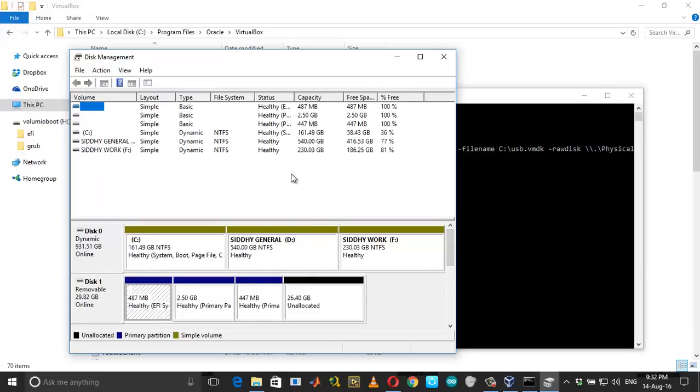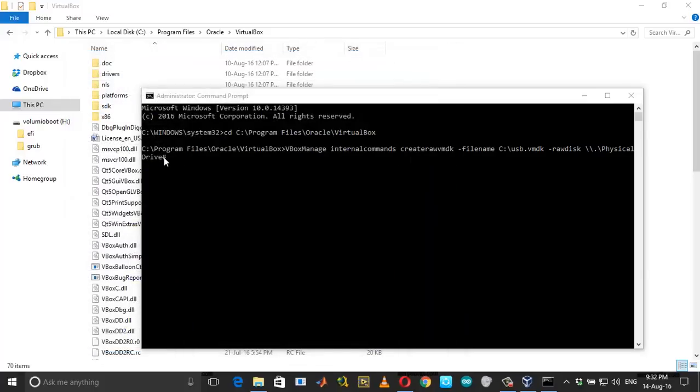So this is disk number 1, and here instead of the hash, type the disk number, and here change the location of your disk image to whatever location you want. I have it in c:usb.vmdk. You just change it to whatever location you want. Just press enter.